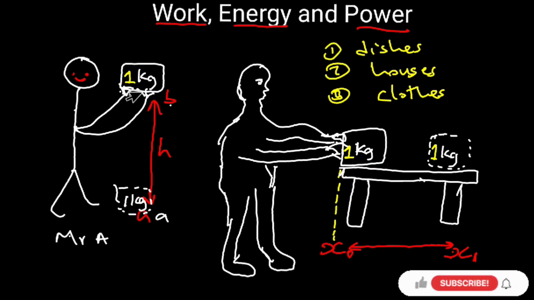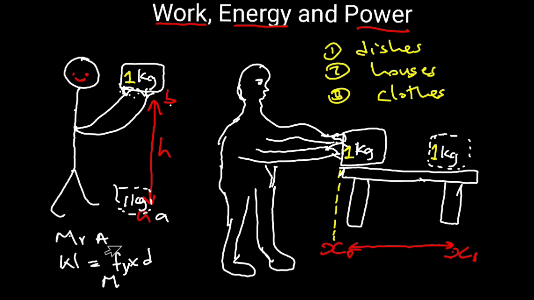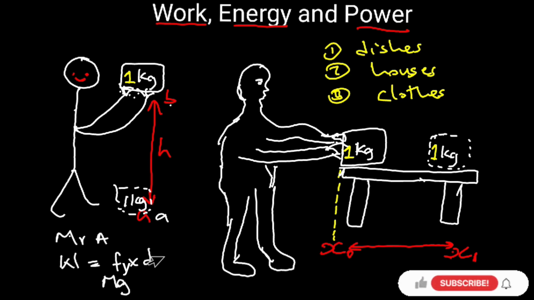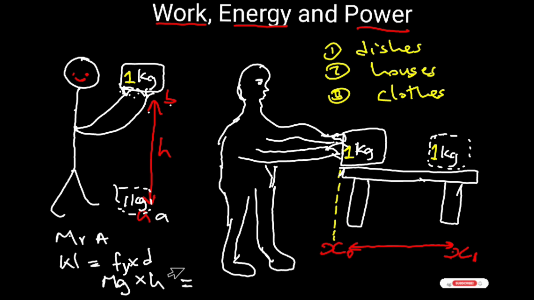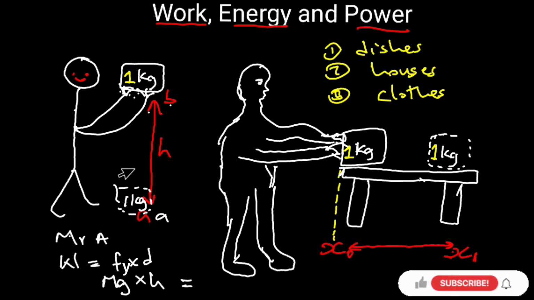So in this case, the work done is equal to force times distance. Now, the force is equivalent to the mass of the object times acceleration due to gravity, then multiplied by the distance. In this case, the distance moved is above the ground level, and that's why we label it as h. So we're going to replace this d here with h, which gives us the final equation of the work done as